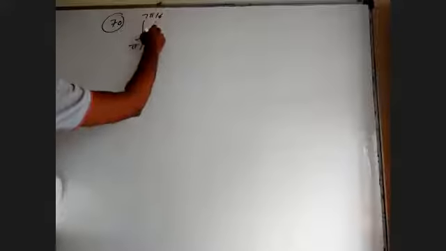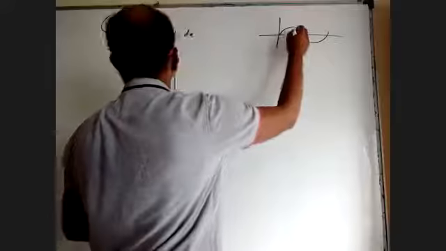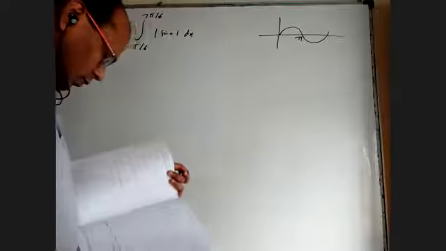70, okay. I'm discussing 70. Somebody has some other doubt after this. So 70: integral pi by 6 to 7 pi by 6 mod sin x dx. We know sin x up to pi is positive and after pi it is negative. So I have to break at pi, because I'm integrating from pi by 6 to 7 pi by 6. Pi by 6 is here, 7 pi by 6 is here. I have to break it at pi.